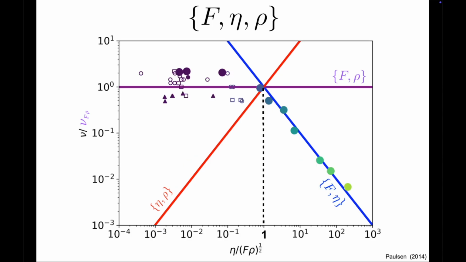If we add the data, we now have an objective way to distinguish viscous and inertial dynamics. But a lot of questions remain unanswered. Let's try to address them one by one. First, although both axes of this plot are dimensionless, these dimensionless numbers are fundamentally different. The vertical axis is a simple dimensionless number.